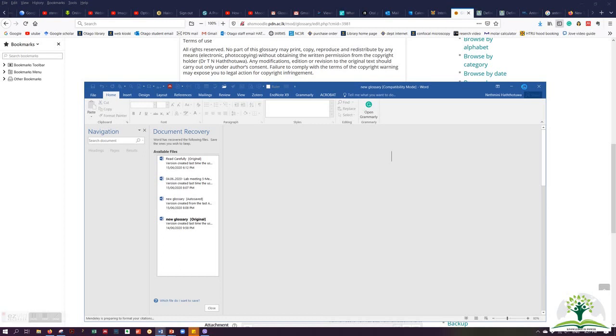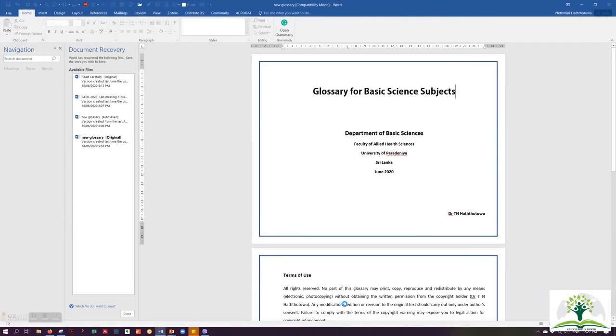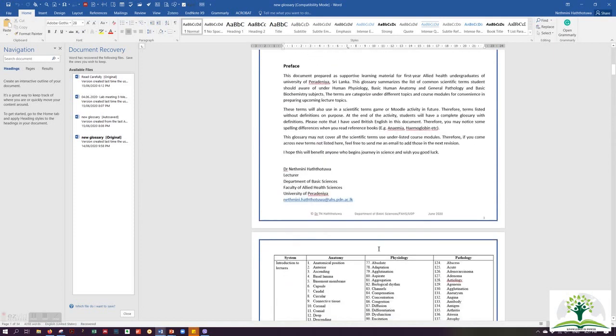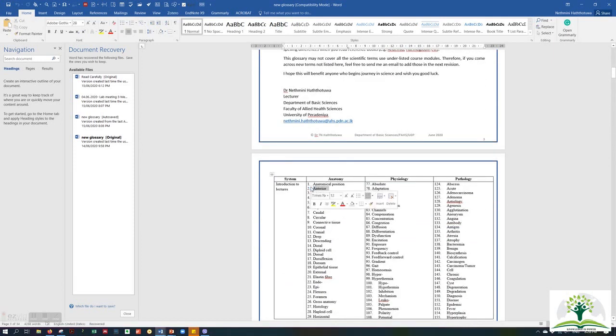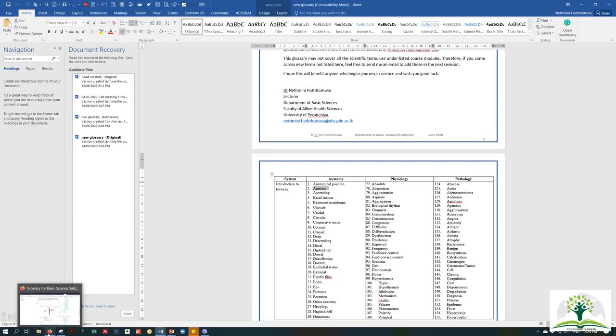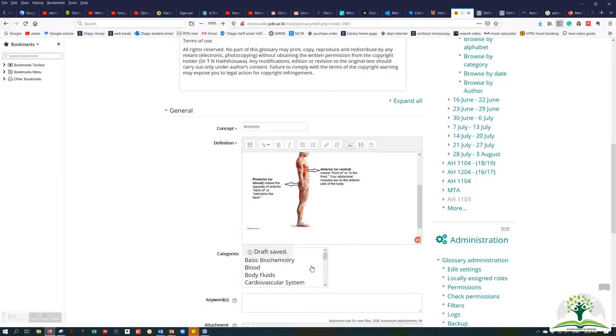For example, I took this term anterior from the introduction to lectures category, so in the glossary also I have to select the same category. You can scroll up and down and click on the category.